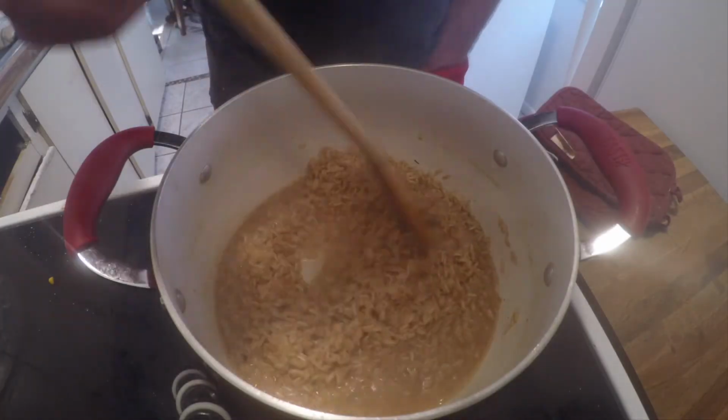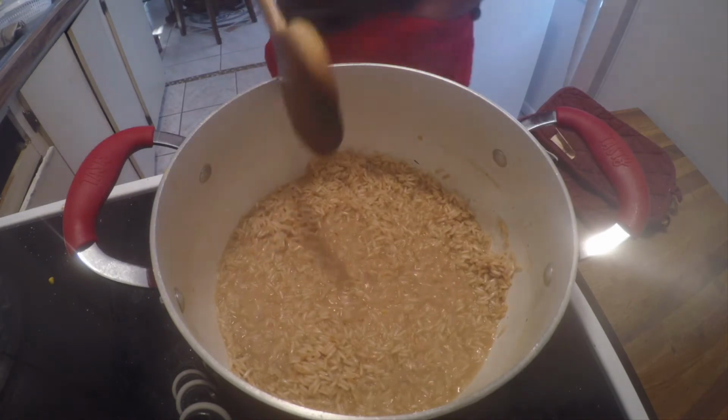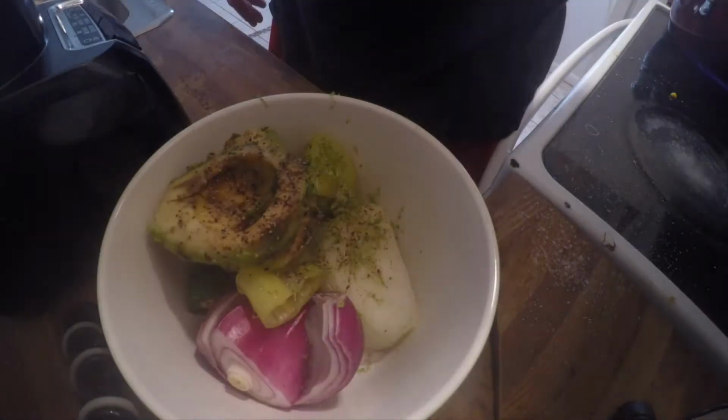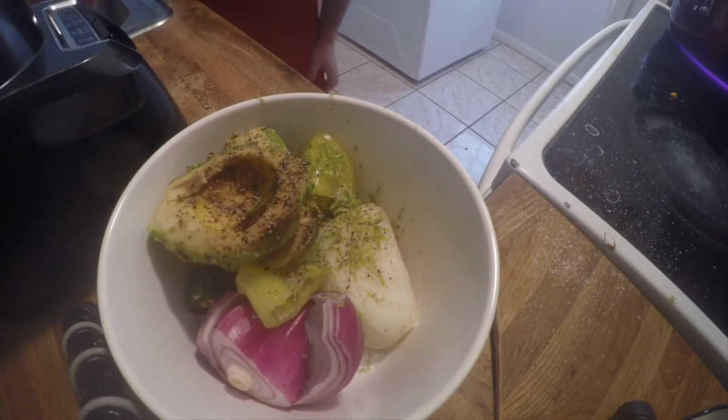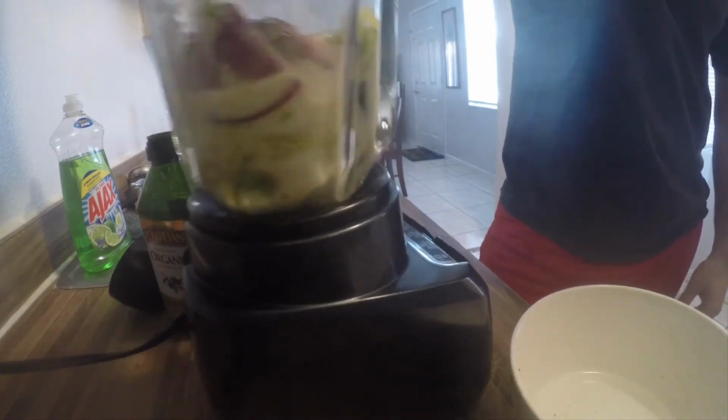Alright, that rice is finishing up nicely. Just about done. Taste it. See if you need salt. Make a salsa while that finishes, right? So we got some leftover avocado, a couple onions, jalapeno, add some olive oil, a little bit of water, blend it up,